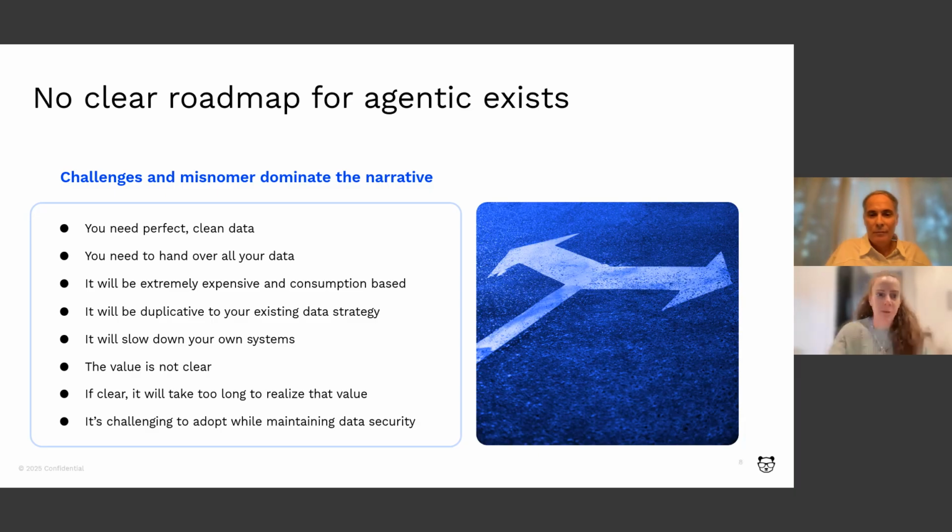You need to hand over everything, all of your data, right? Of course, everyone's concerned around the costs with AI, which is completely relevant, especially with where we are in this economy. And I think there are also folks thinking about how their IT operations data strategy compares to their overarching corporate data strategy. Lots of concerns, right? And I think the other one is also just value. What is the value? It's not super clear. If it is clear, it's also how long will it take to achieve that value?